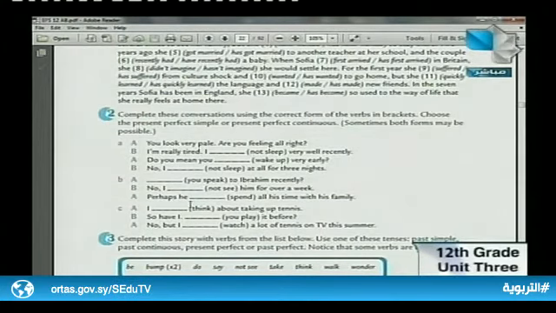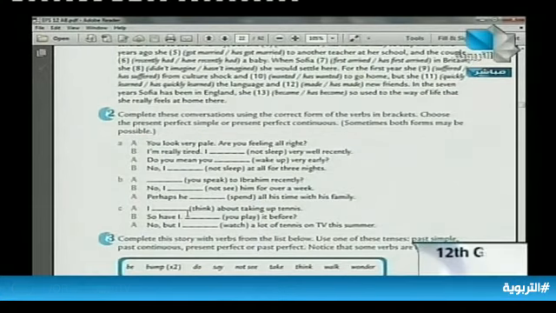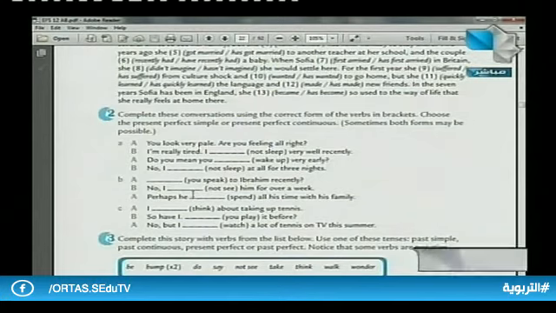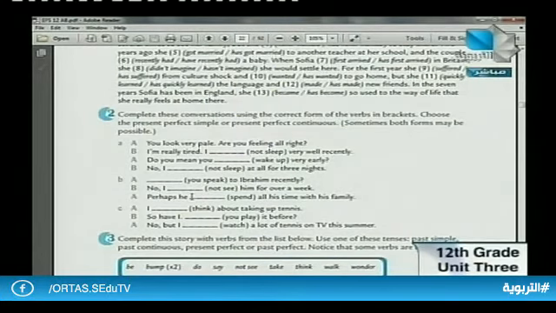I think so. What do you say? Perhaps he has been spending all his time with his family. Perhaps he spent all his time with his family. Maybe we can say perhaps he has spent, or both. I think it depends on the first question here. Have you been speaking to Ibrahim recently or have you spoken?